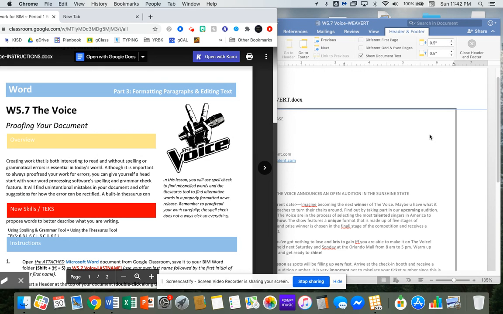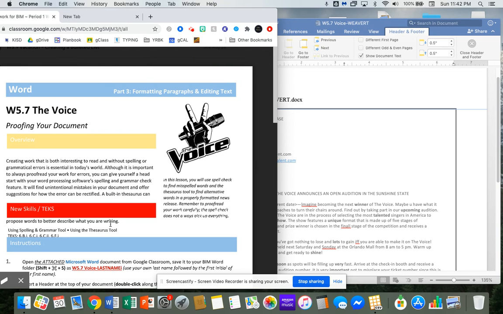This lesson is called W5.7, The Voice, and in it we will use spell check to find misspelled words and the thesaurus tool to find alternative words in a properly formatted news release. Remember to proofread your work carefully. The spell check does not always pick up everything. So, specifically today, we will focus on using spelling and grammar check, using the thesaurus tool, and also the word